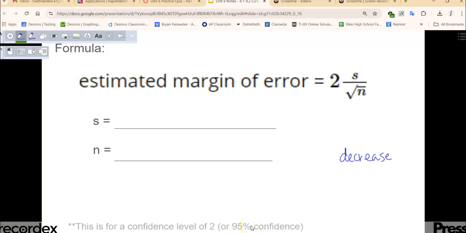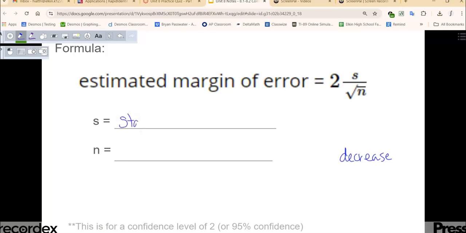In Math 3, the only thing we're asked to do is a 95% confidence interval. If you were to take a statistics class, you would learn more about that. But for this class, it's always going to be this formula that we are going to use for our margin of error. In this formula right here, your S stands for your